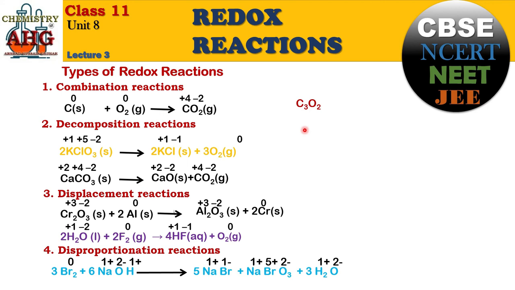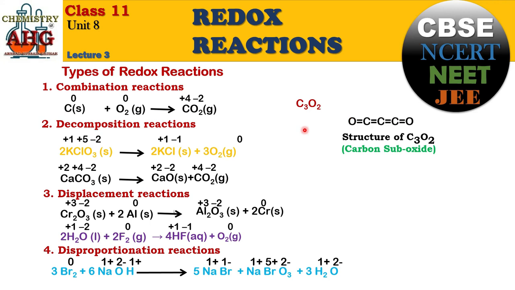Whenever you find the oxidation state of an element in decimal or fraction, remember that it is incorrect. Why? It is not possible that the oxidation state could be a fractional value or a decimal value. Where is the mistake? The mistake we will come to know when we write down the structure of the given compound. If we do not write down the structure, then our answer will be incorrect. Look at the structure of this carbon suboxide and you will come to know that the oxidation state that we have found is incorrect.